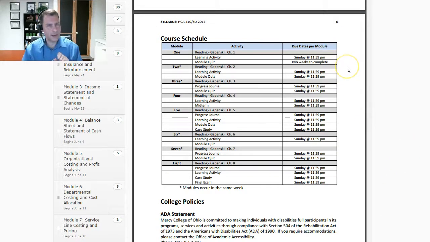Now, if you notice, we had 8 modules. We only have 6 weeks. Normally, it's a module a week. Well, the math tells us we're going to have to double up. So what I've picked is 2 of the somewhat lighter modules and have paired those together. So next week in week 2, we're going to be doing modules 2 and 3. And then when we get to week 5, we're going to be doing modules 6 and 7. Don't worry, I'll remind you about this as we go, but just keep that in mind.